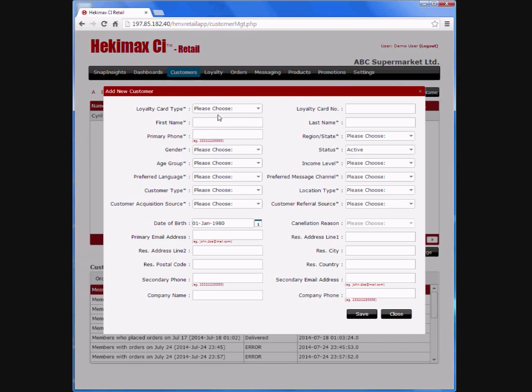I will first assign them to a loyalty membership card type. And because my company has chosen not to issue physical loyalty cards with loyalty numbers, I will skip the loyalty card number field. I will then capture their name, phone number in the format specified below, which includes a country code,